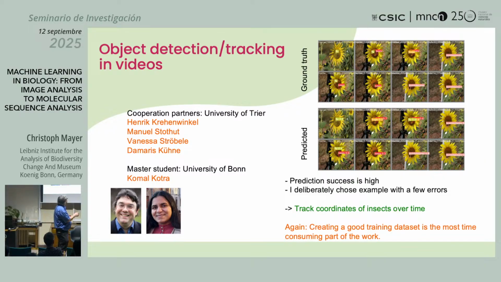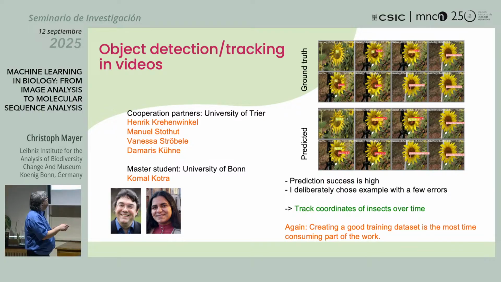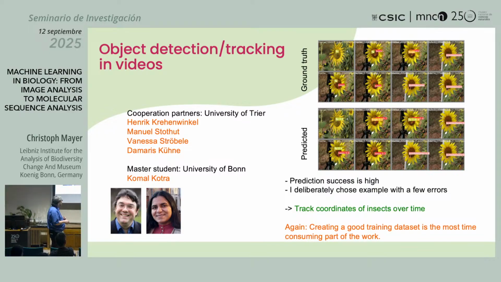Here you see that this fly should be a bug, and this is the ground truth. This bug has been identified as a fly. These have been identified properly here. So the prediction success is quite high, and we can track insects over time. So we can do, oops, it should,